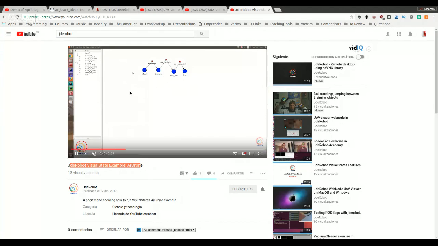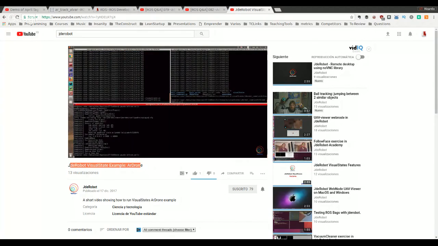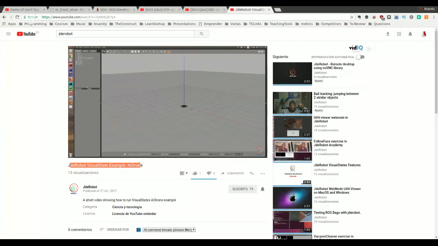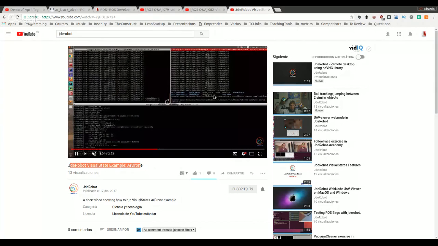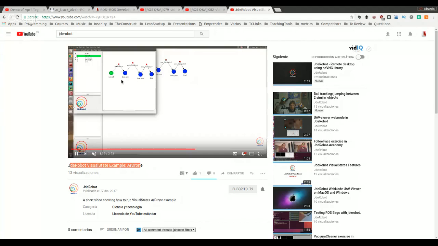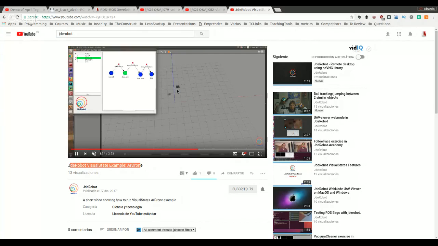By using their graphical interface, they can define the state machines, then generate the Python code that will control it. And then once they have the simulation with the robot there, they launch the code of the simulation of the state machine. And then they can see in real time here, this is the visualizer, how the robot is executing the different steps